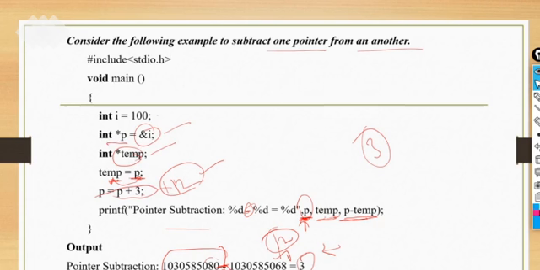P value is updated here, and temp we have already stored the previous value. After adding 12, what is the value? This is the original value that P had, but we updated it by 3 by doing the plus, that means +12 added.